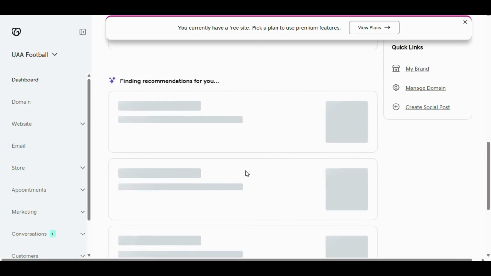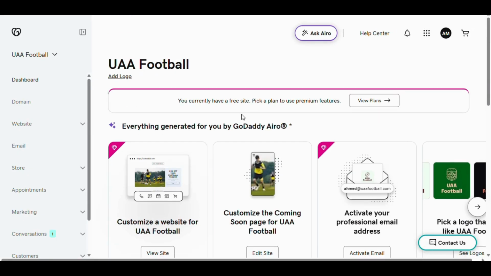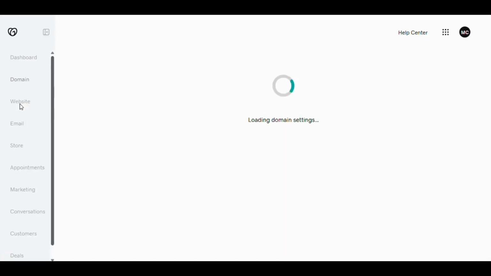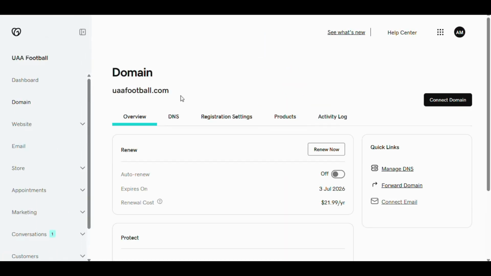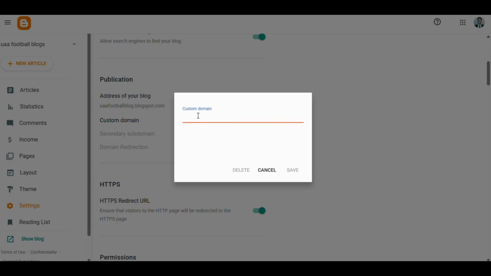Click on your domain name, and then look for the DNS or Manage DNS option. Usually it's a tab or button right next to your domain details. Once you're in the DNS section, you'll need to enter your full domain like www.uaafootball.com. At this point, you should have your Blogger dashboard open from the previous step, where you saw a pop-up